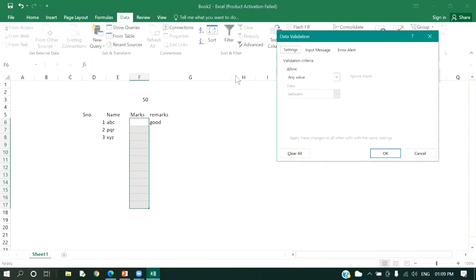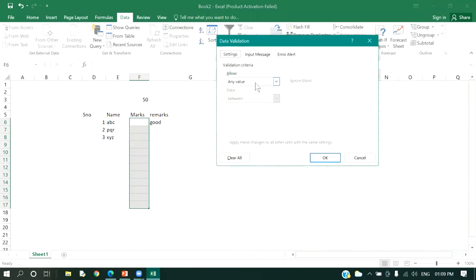Click on Data Validation. Here you can see what kind of value you are allowing. Because it is a marks column, we are allowing only numbers, or we can have decimal numbers as well, because a child might get 0.5 marks also, completely up to us. So I'm going for whole numbers. And between, what is the minimum value? The minimum value will be 0 and the maximum value will be 50. Except for these values, above 50 and below 0, the user will not be able to type. This way I have set the criteria.